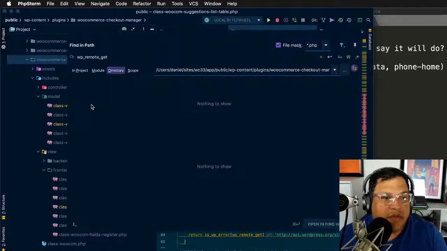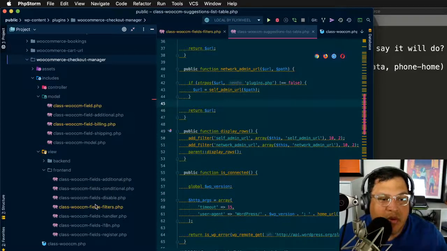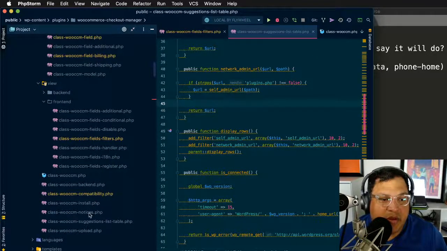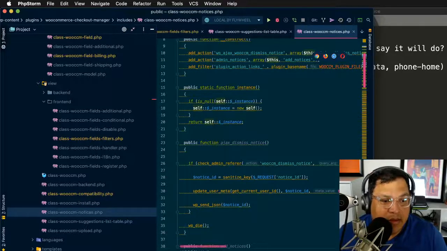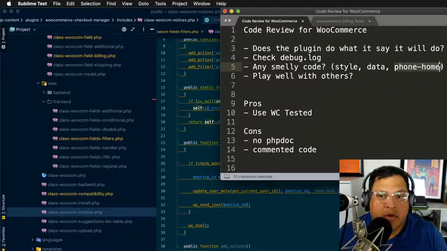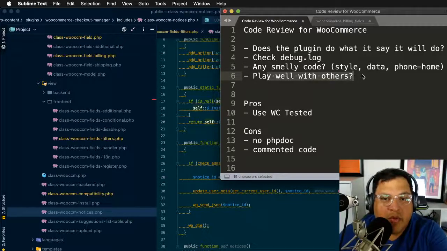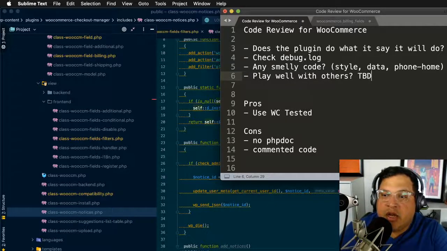Are they using curl? No curl. So there might be a way that they're sending data out of this, but from super quick looking, not seeing anything. So no phone homes. I couldn't figure out how they're saving these filters or where they're saving the new fields. And then play well with others is really TBD, because John said